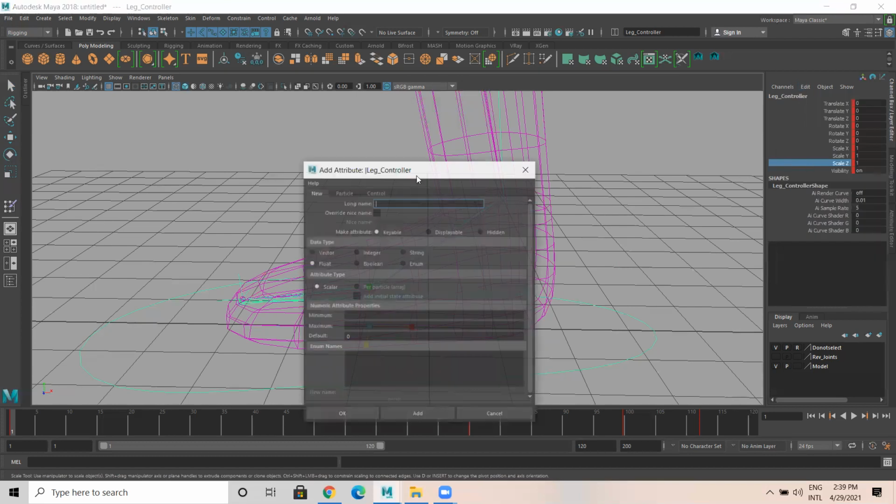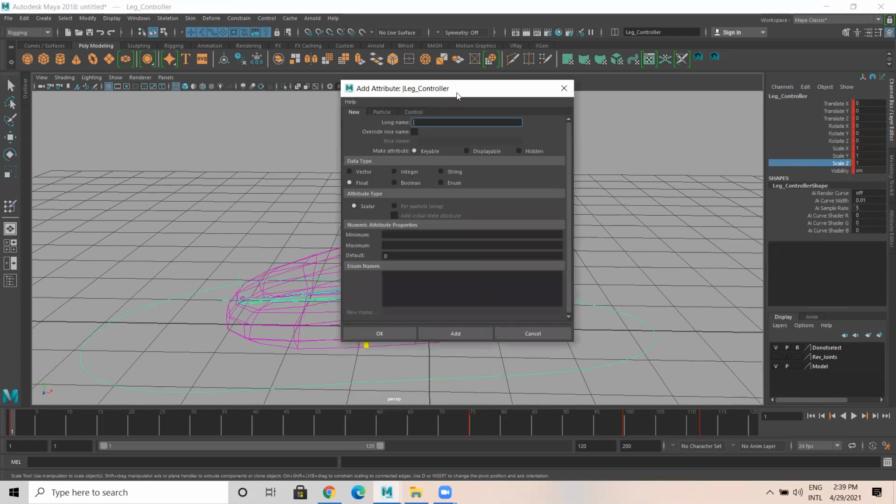If you add attribute, you get an add attribute controller, add attribute for leg controller. So long name, one name we will add. It is heel roll, heel underscore roll.